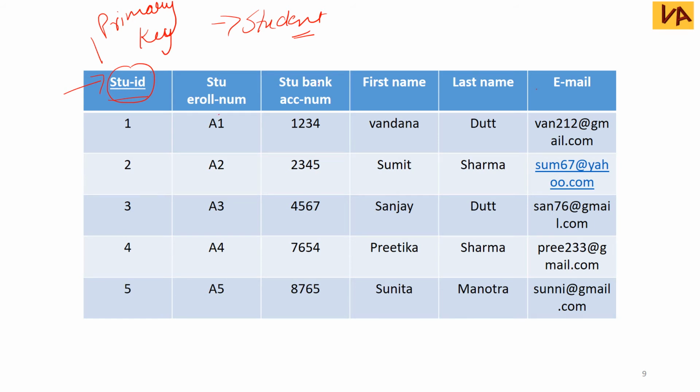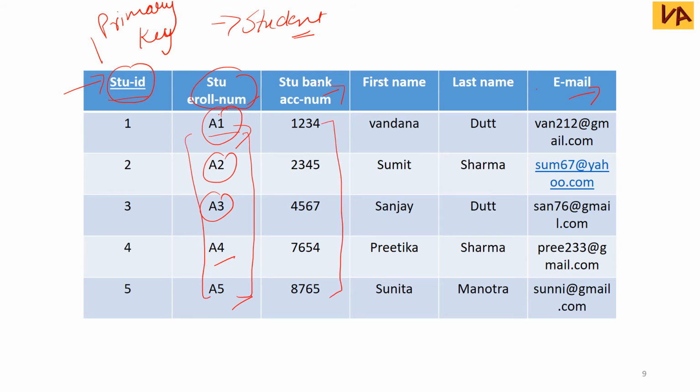So guys, as you are seeing, from student enrollment number we can also identify this table uniquely. हम अगर सिर्फ enrollment number लेंगे या फिर student bank account number लेंगे या फिर सिर्फ email ID लेंगे तो भी हम इसे यूनिकली आइडेंटिफाई कर सकते हैं, क्योंकि A1, A2, A3, A4, A5 जो वैल्यूज हैं सारी अलग अलग हैं, कोई भी डुप्लीकेसी नहीं है. बैंक अकाउंट नंबर भी सबके अलग अलग होते हैं, कोई डुप्लीकेसी नहीं होती है. और ईमेल आईडी भी अलग अलग होती है. But